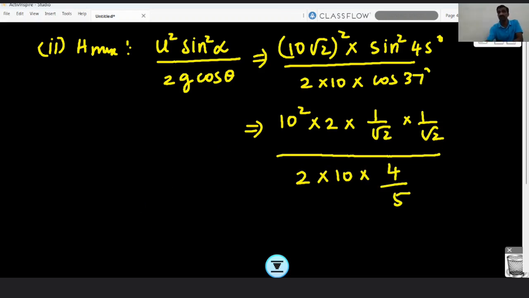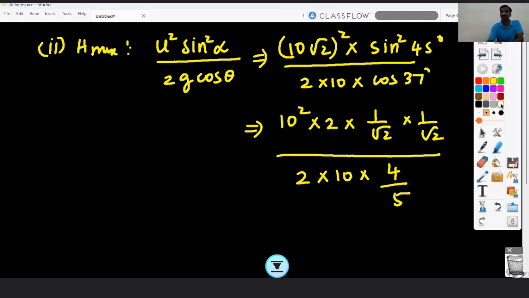So now how can we simplify this one? So 2 gets cancelled, and this 10 we can cancel, and this 5 goes to the numerator. What will we be getting? So you will be getting 50